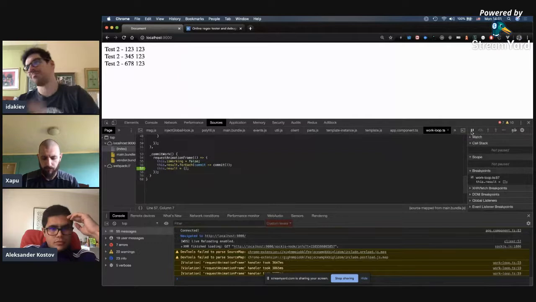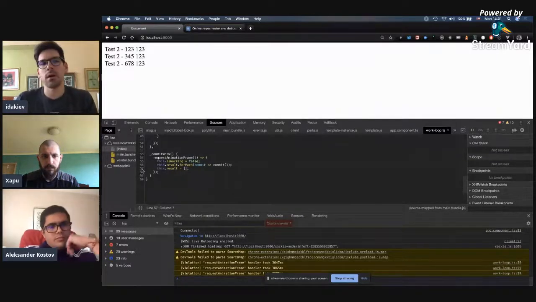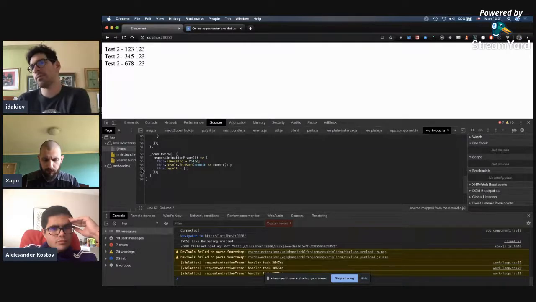So this is not very nice. The best case scenario is whenever we're rendering the components for the first time, it will be best if we don't wait, for example, to have an idle callback and then a request animation frame just to push everything. Or maybe we can wait for a request animation frame, but